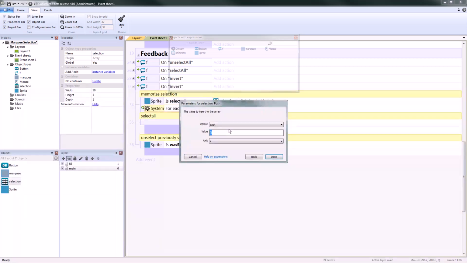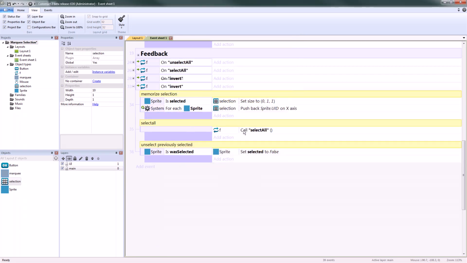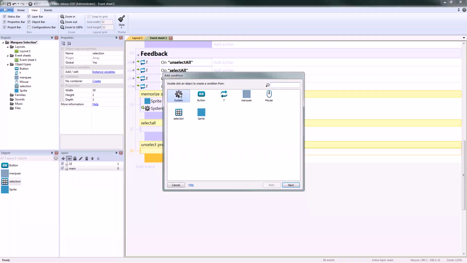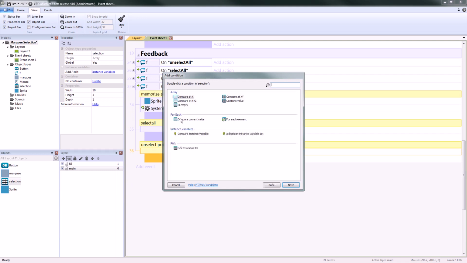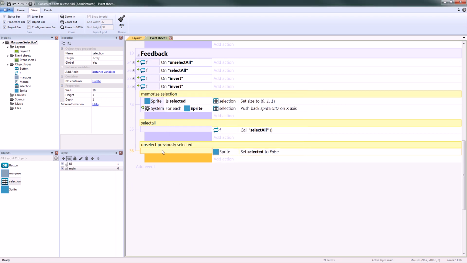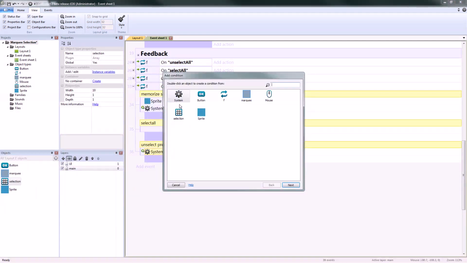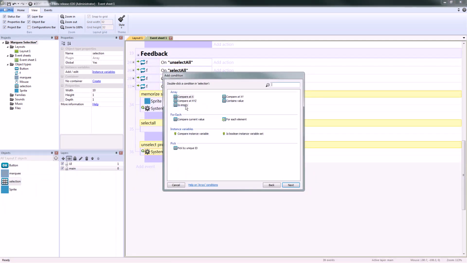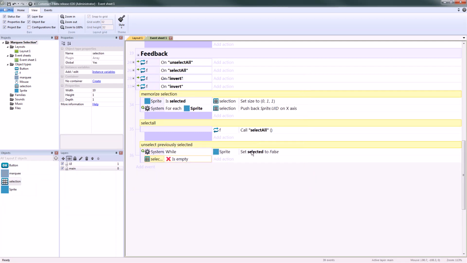Queuing on the list. So I will push sprite.uid. Okay. Then I select everything, and then what I can do is selection. Many ways to do it. I will do something like while selection isn't empty and